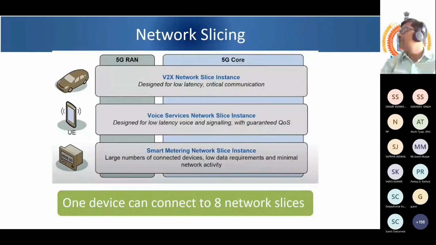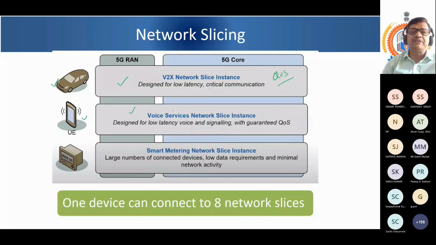The next, we had already talked about network slicing. So network slicing is nothing but logically dividing all parts of your network into different pieces, virtually different sets of network elements for different services. In this example, this is an autonomous car. For autonomous car or V2X, we have created a slice which may require low latency or certain other quality of service requirements. So this network is built for that. Similarly, for a smartphone, you may create a